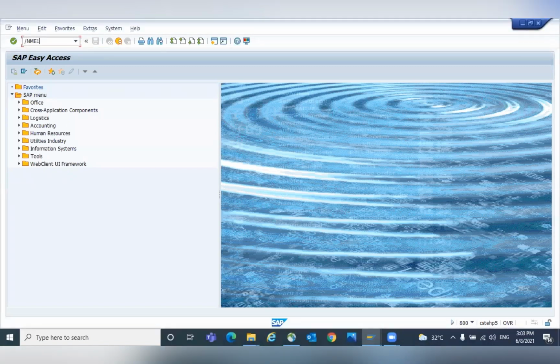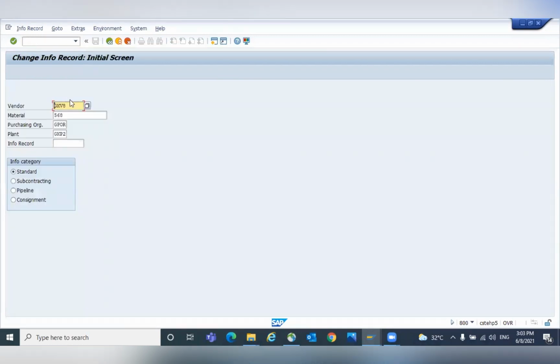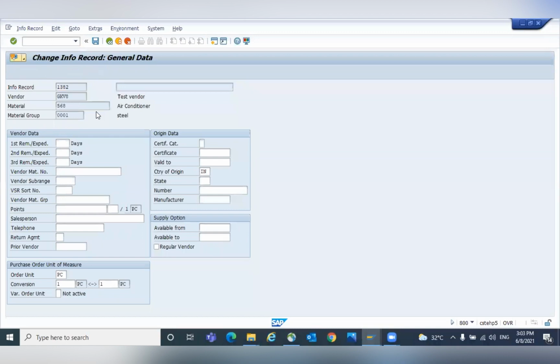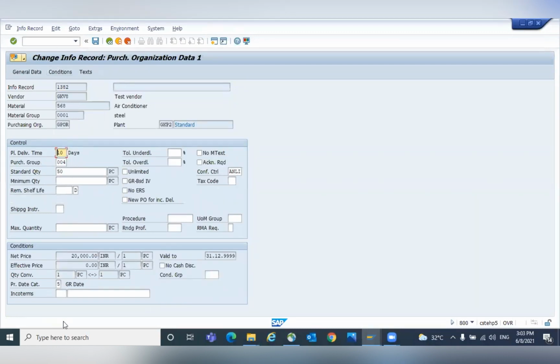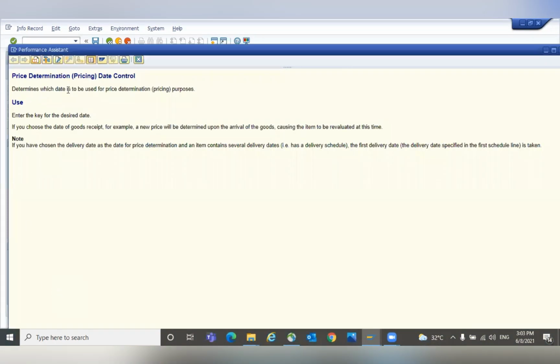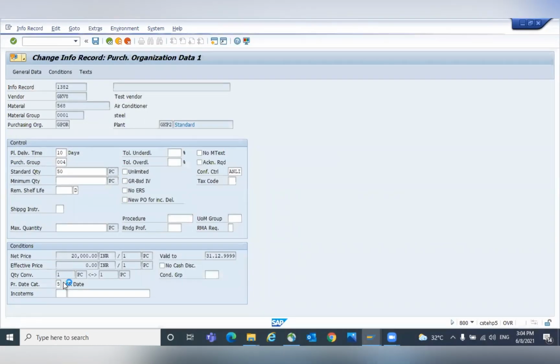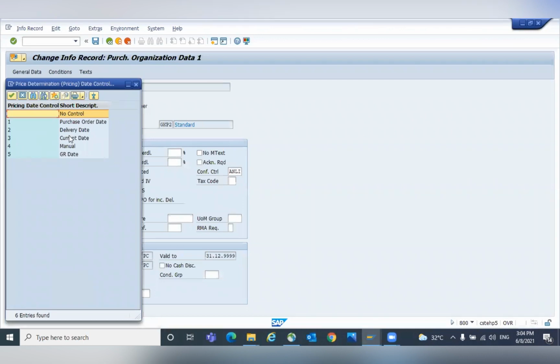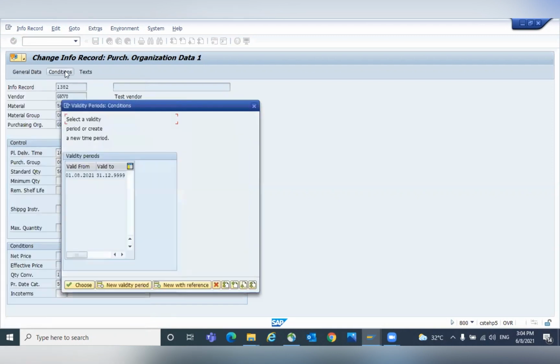We'll open one info record. For this combination, we will check the conditions. Here we have a concept called the price determination date control. This will determine which price is required. For example, you can determine based on the PO date, at the time of PO date, what is the price available in the info record that can be utilized, or the goods received date. I'm selecting the option called goods received date, and if you come to the conditions,